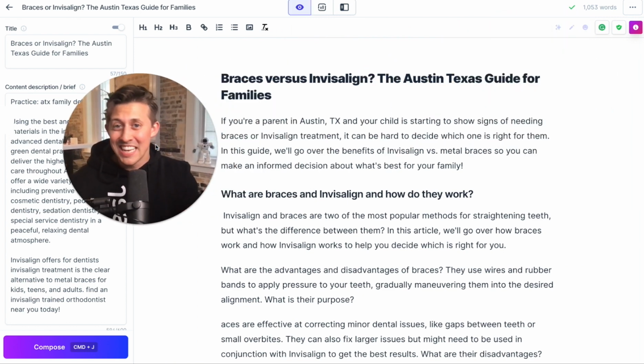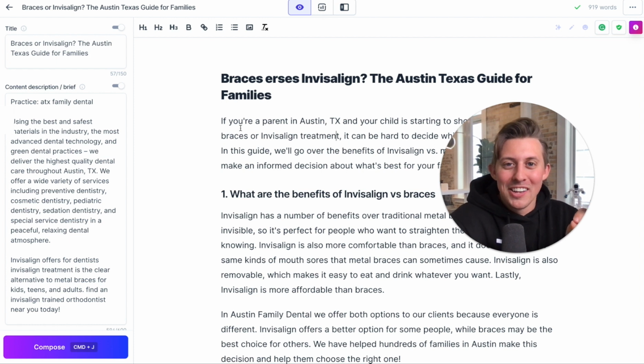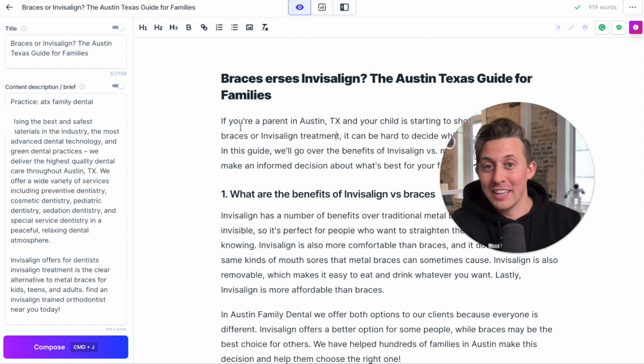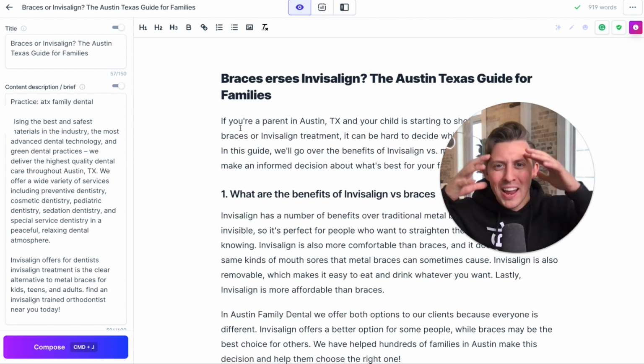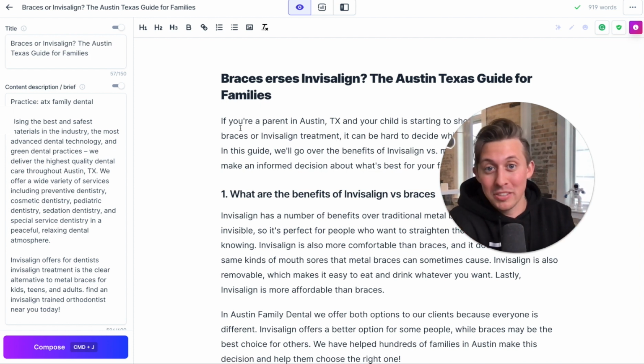Now, you may be concerned like, hey, Austin, do I need to cite anybody for the content Jasper creates? Is it plagiarized? Is it original? And I think the better question to ask yourself is, how does Jasper actually even write? Well, it actually does not print paragraph by paragraph from anybody. It doesn't even print sentences at a time. It goes word by word so that it's always original. It's not pulling from any one source, but rather aggregating all of the ideas that it's gotten from reading 10% of the internet.